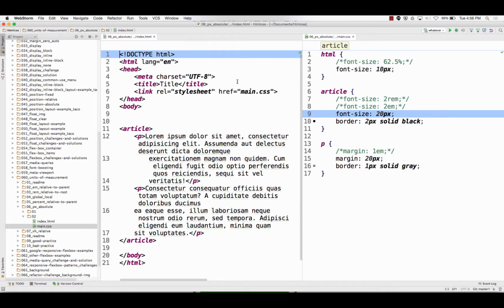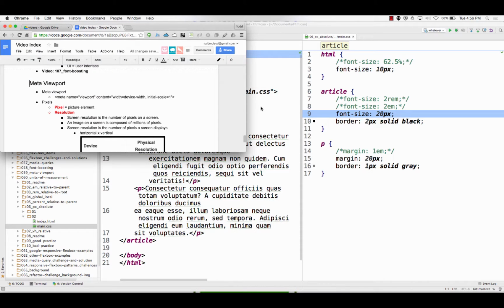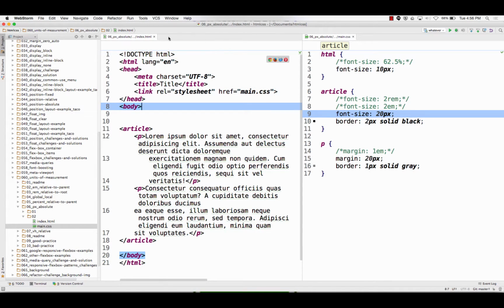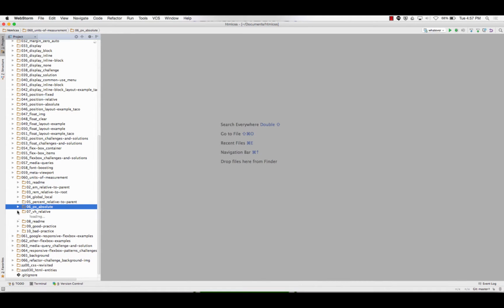Font size is 20 pixels and my margin between everything is 20 pixels. And then we have viewport